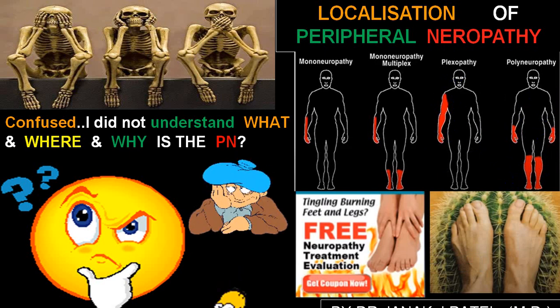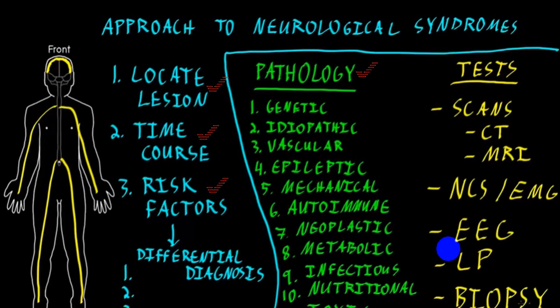The most common symptoms in a peripheral nervous system disorder are sensory symptoms like tingling, numbness, paresthesia. So first, before we label this as a peripheral neuropathy, you have to identify where the lesion is, whether it is in the brain, in the pyramidal tract, in the brainstem, in the internal capsule, in the spinal cord, or outside the spinal cord. When it is outside the spinal cord, we call it peripheral nervous system.